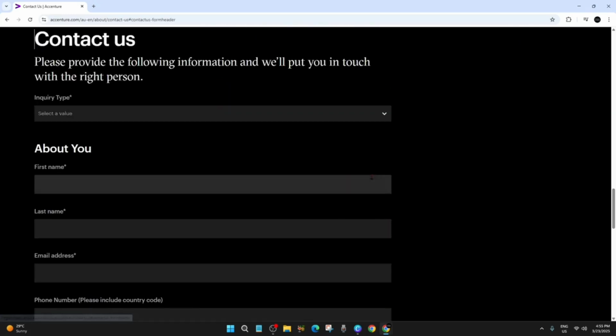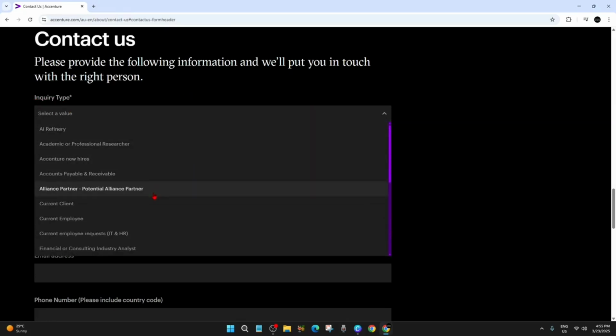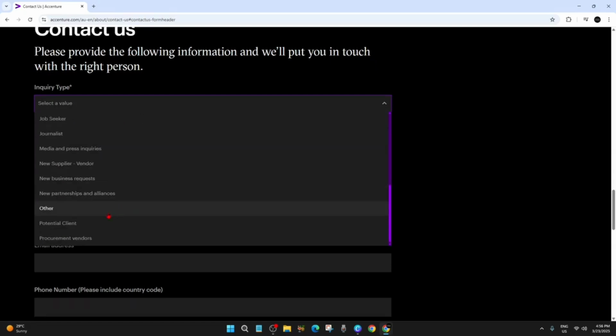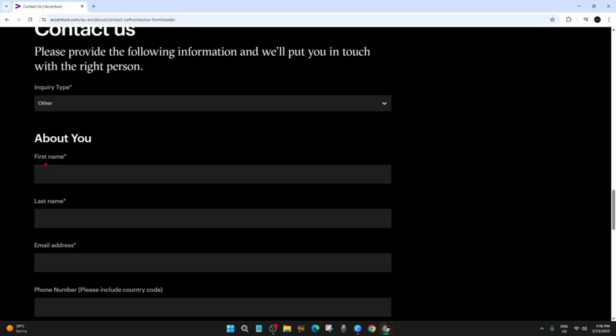So we need to go ahead and click on send message. And now from here we've got to put the inquiry type, so you select a value. And now in the drop down menu, there's no withdraw application or anything like that. So what we need to do is go ahead and click on other and then fill out the about